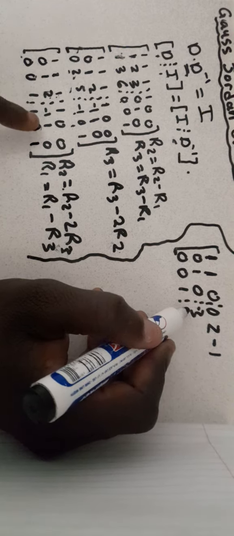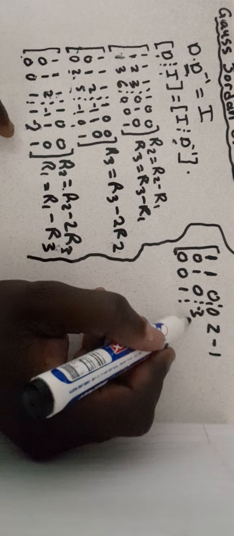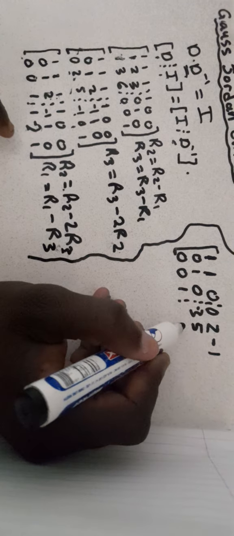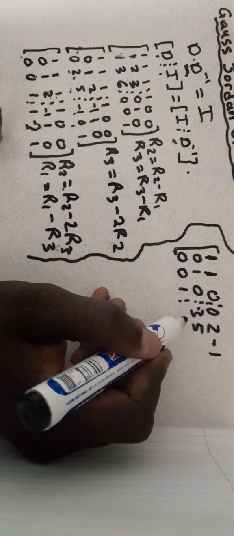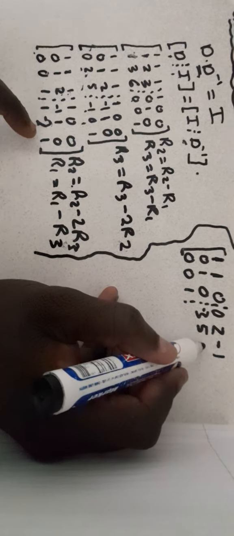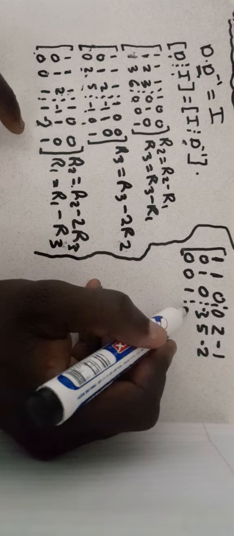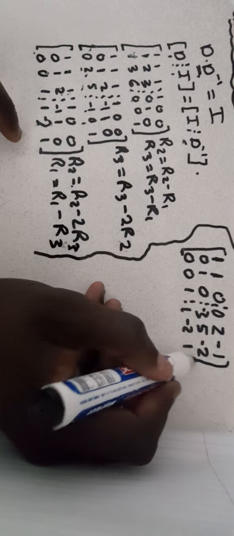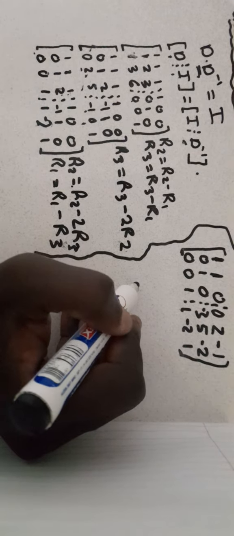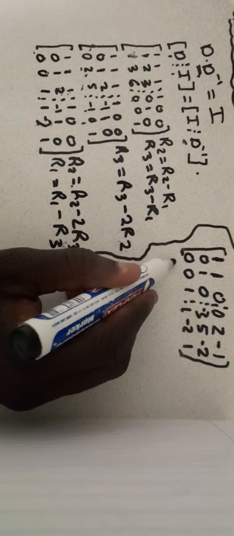We have 1 minus 2 into minus 2, which is 1 plus 2, which is 5. We have 0 minus 2 into 1, which is minus 2. Then we have 1 minus 2, 1. So this one will become